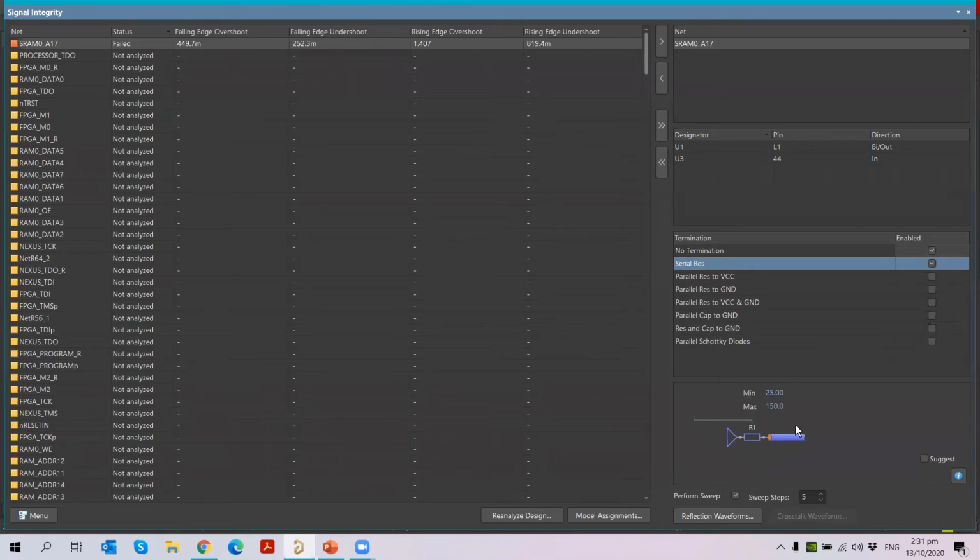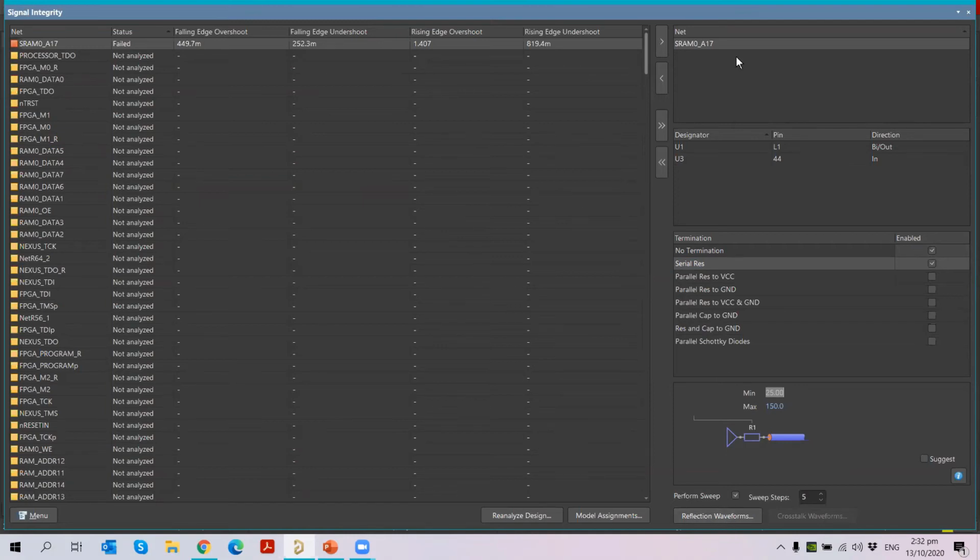When I analyze, you can also include the sweep steps. How many sweeps you want between this 25 to 150, or you can change the values. What should be the minimum impedance value and what should be the maximum value. Based on that, the sweep steps, you can add 10, 15, whatever you want. Once you do that, it will allow you to do the reflection. You can determine the reflection waveforms.